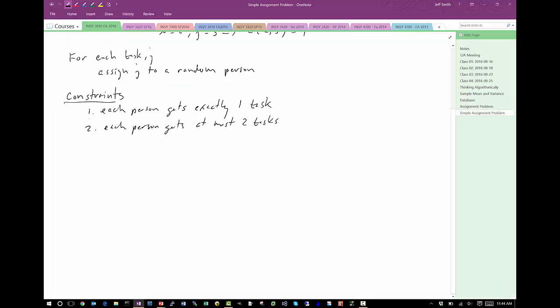So for our initial work, let's just assume that we've adhered to constraint 1: we're going to ensure that each person gets exactly 1 task. An algorithm to do this would be as follows. For each task J,